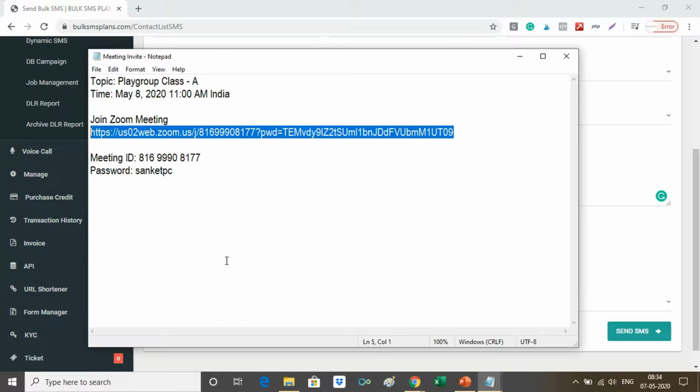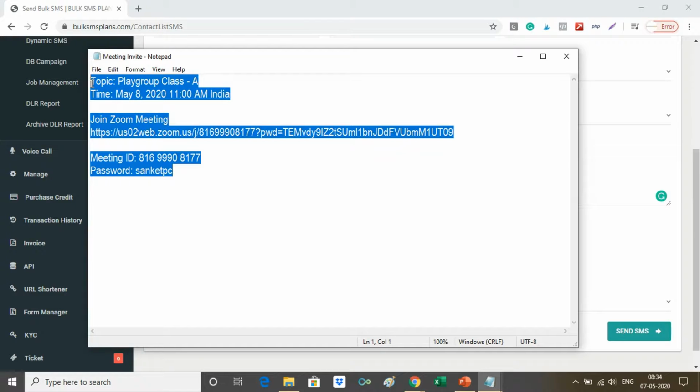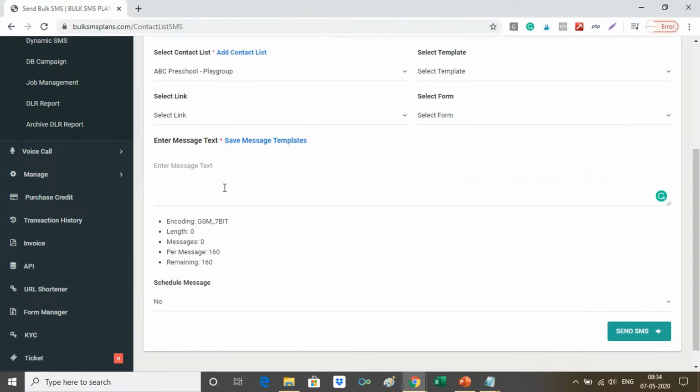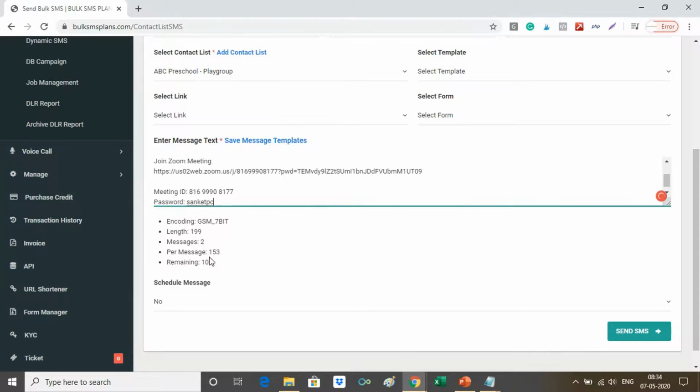Now, if you are copying the whole message here, the number of characters would be more than 160, so this SMS would go in 2 parts. I want to save on my credits here. So instead of sending 2 SMSs, I want to send 1 SMS to the parent.